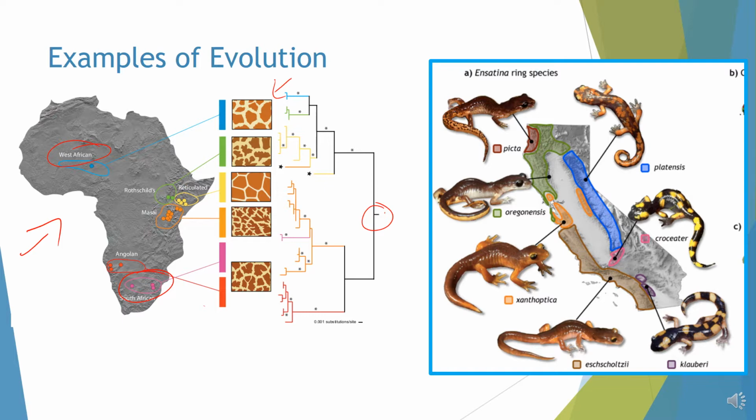And then over here, if you watch the video, they'll talk about this Picta. This is the original population here. Notice it's in northernmost California. And what's happened is this Picta version, these are all subspecies, but this Picta organism has actually moved down along the coast and then over here on the valley. So they stayed away from the mountain ranges here. But depending on whether they moved down the coast or whether they moved to the valley,